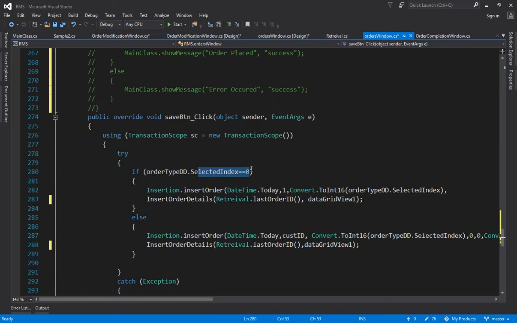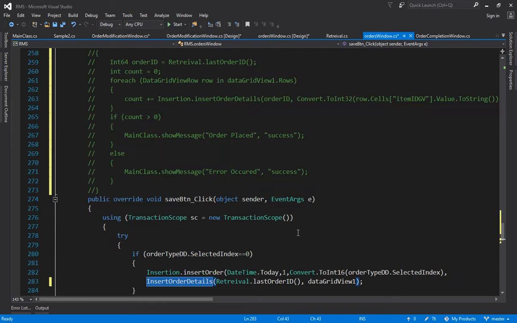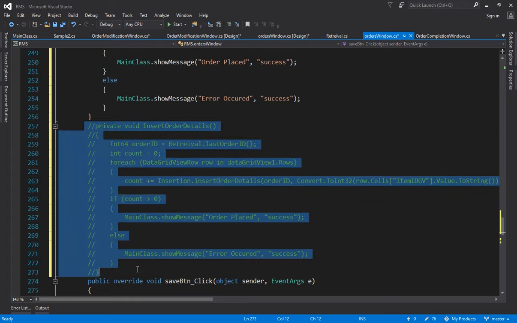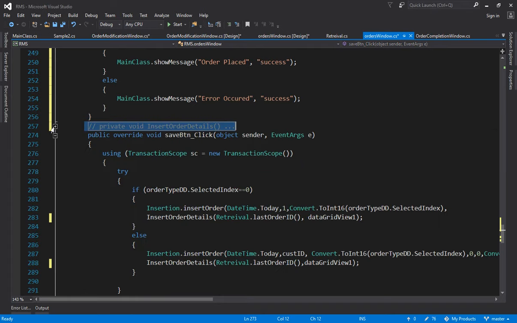If the selection index equals 0, then insert ordered item details. I think this was the same, the details are the same, there is no change in this particular area. Now the next step is to remove or hide this function, no need of this right now. And now let's go to the